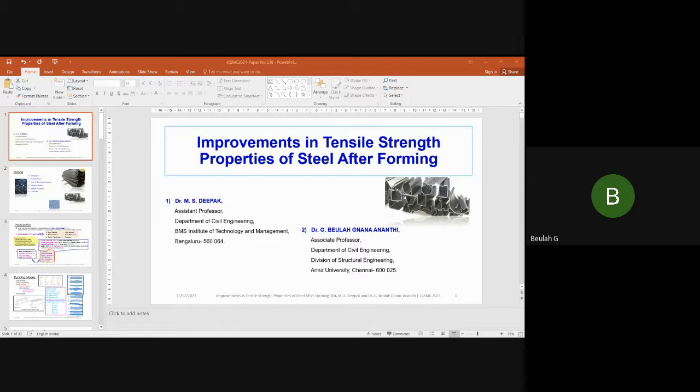Cold form steel is used in most of the construction industry because of its light weight and high strength, and it can be obtained in a very desired shape and in mass production. These are some of the advantages which I have highlighted here. And these cold form steel members